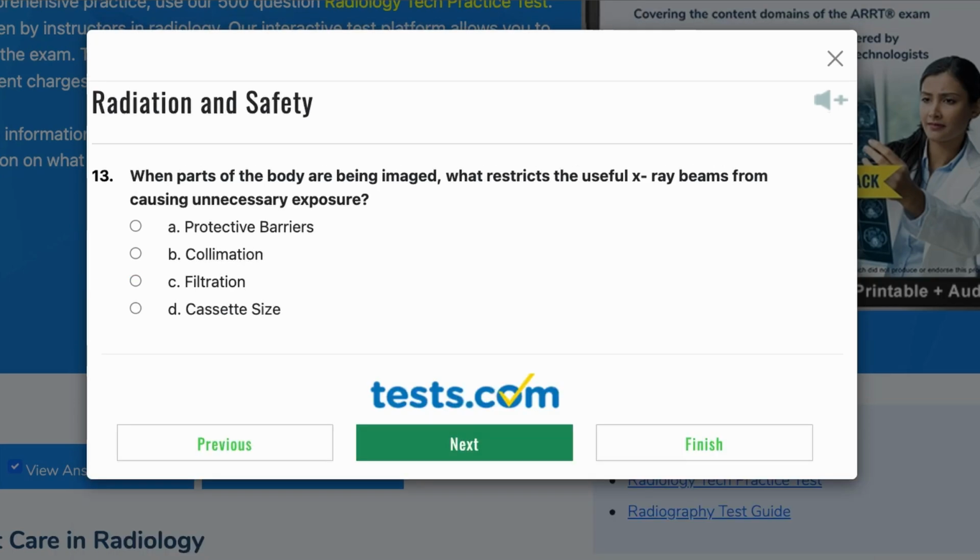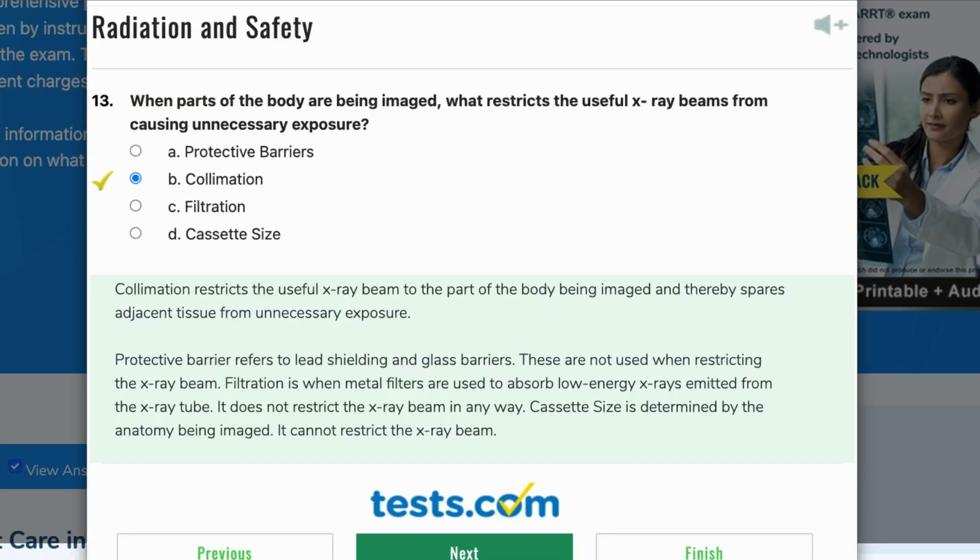Radiation and safety. Question 13. When parts of the body are being imaged, what restricts the useful X-ray beams from causing unnecessary exposure? A. Protective barriers, B. Collimation, C. Filtration, D. Cassette size. B. Collimation. Collimation restricts the useful X-ray beam to the part of the body being imaged and thereby spares adjacent tissue